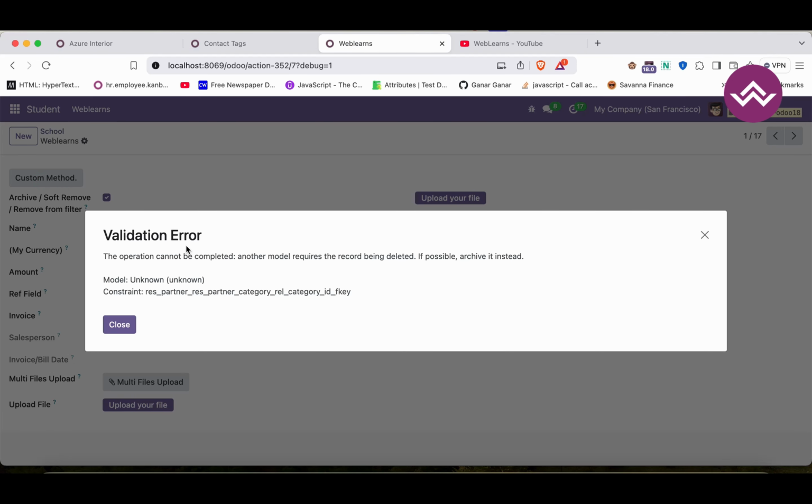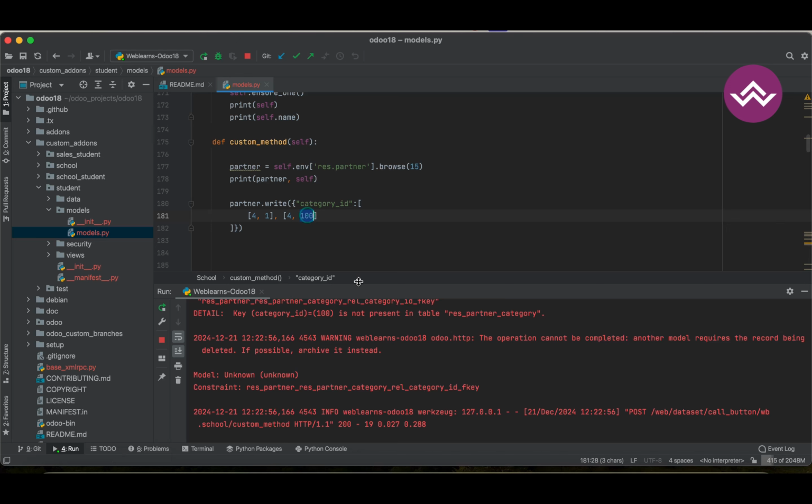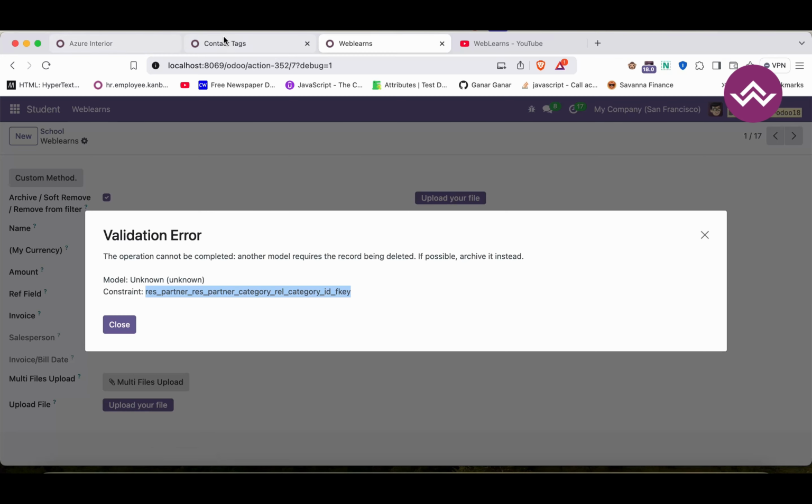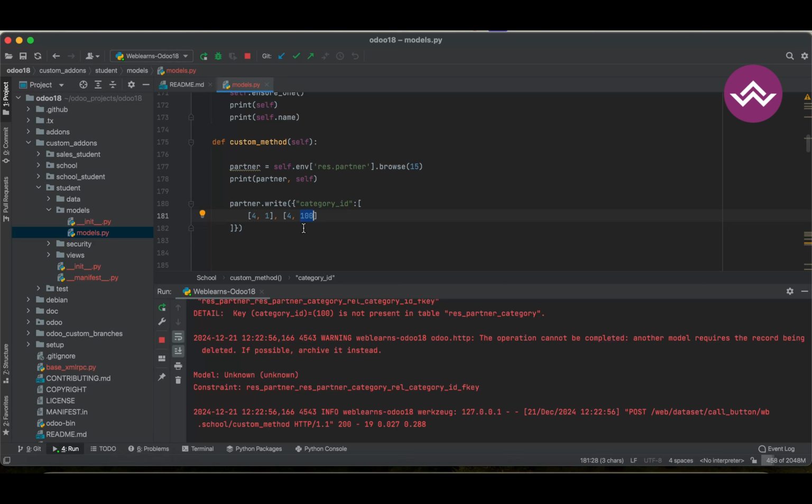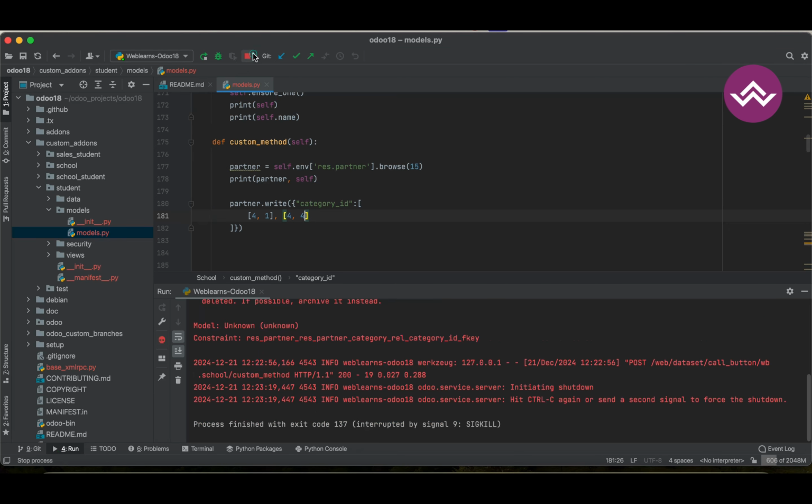So here you can see it says unknown model, right? This specific constraint on the database side raises. Why? Because this ID is not available. Now let's say the 4 one I have to use. So let's say instead of 100 I'm using 4,